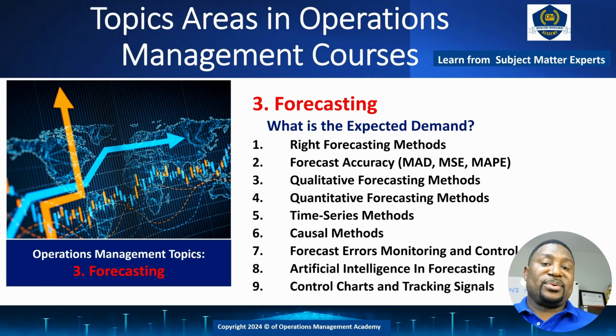So we use qualitative forecasting techniques and quantitative forecasting techniques, including time series, causal method. So the forecast error here, because your forecast will always have an error, right? Forecasting is not an exact science, right? So you will always have an error. You have to monitor the forecast error and control them, right? So that's why we use things like control chart and tracking signal to make sure that our forecast error is